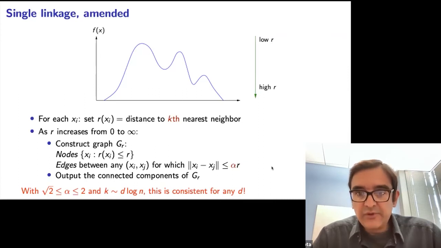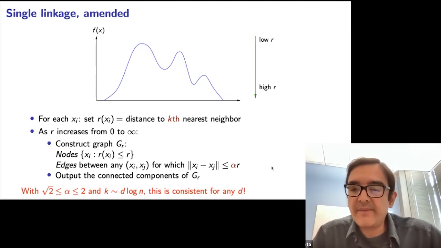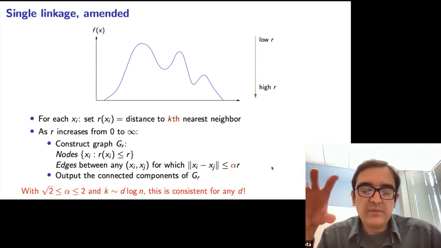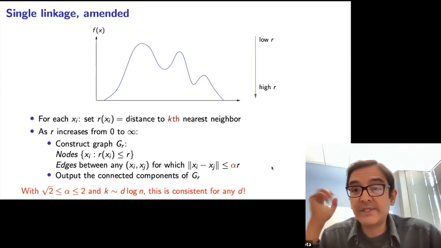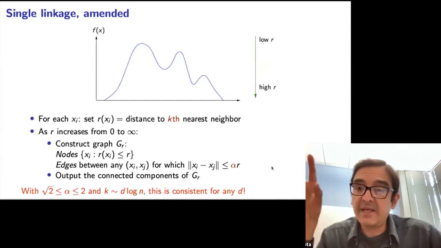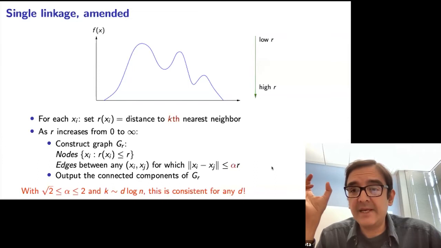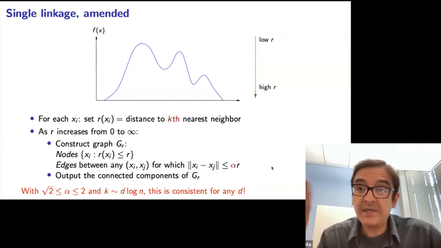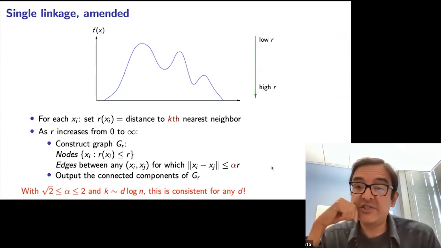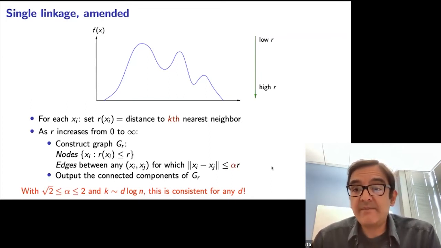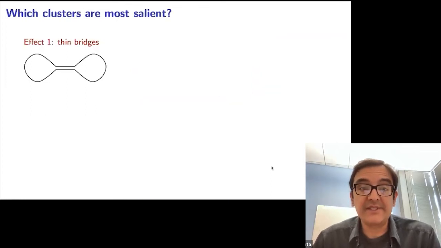So we'll go through the argument in a few minutes, but I also wanted to talk about finite sample rates and what that would mean in this case. We know that when you have a cluster and you let the number of points go to infinity, eventually you will detect that cluster, okay? But if there's a cluster that really stands out, that is very salient, then we would hope to detect it much earlier on, for just a small value of n, for just a small finite data set. And in order to argue that, we need a notion of cluster salience. What does it mean for a cluster to be particularly salient or to stand out?